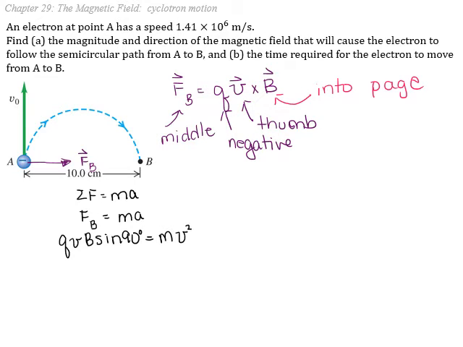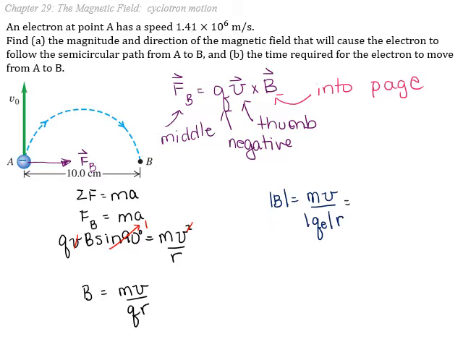When things go in a circle, the acceleration is V squared over R. Sine of 90, that's 1. We'll divide both sides by V, so we get rid of one of those. And we see that B is equal to M times V over Q times R. Okay, we want to find the magnitude of the magnetic field. So that's going to be the mass of the electron times its speed divided by the magnitude of the charge